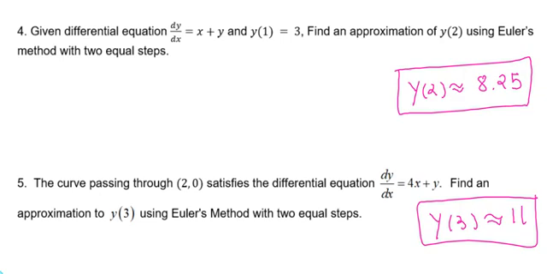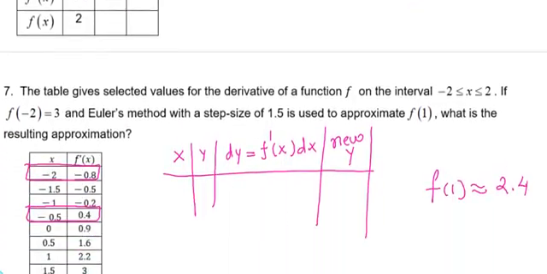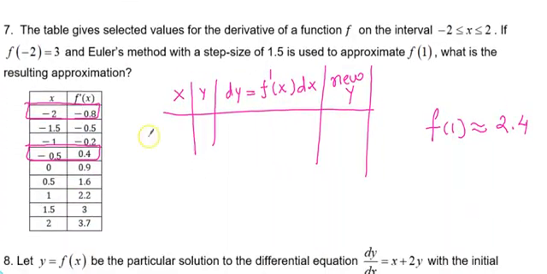Now the next couple of pages are again normal straightforward problems. You can check your work. Now number 7 has a table where unnecessary information is given to you. So you should know that you start with -2 and 3. If you are making a table, you are starting with -2 and 3.